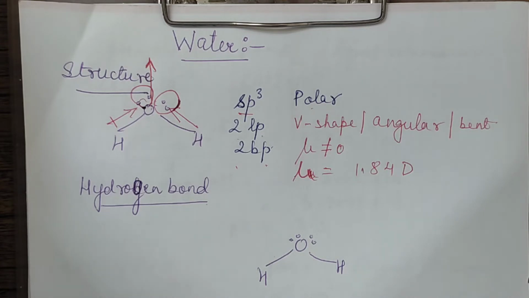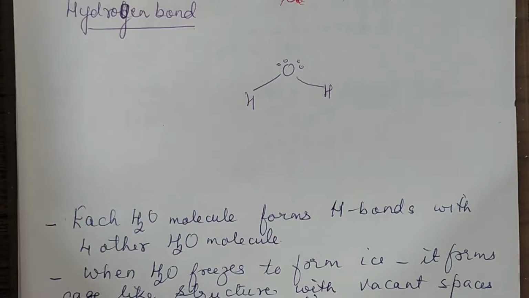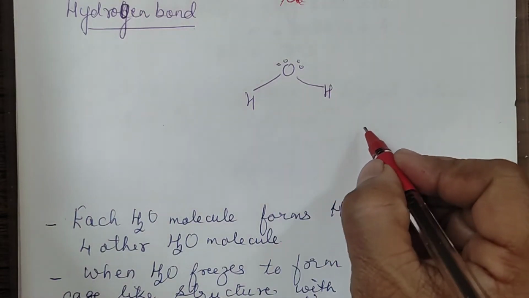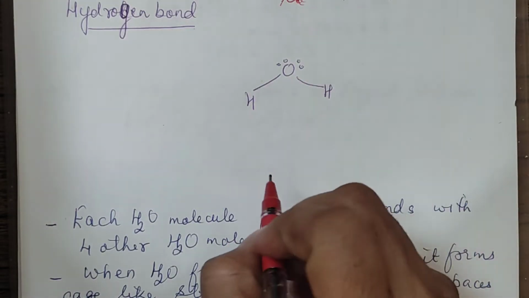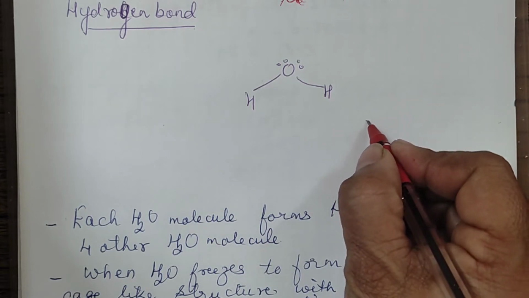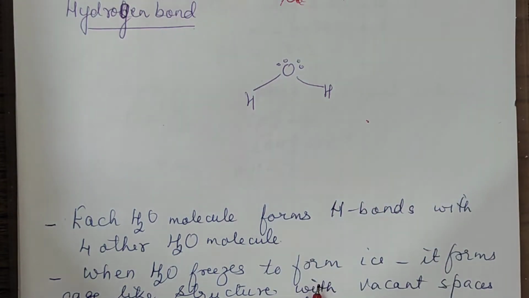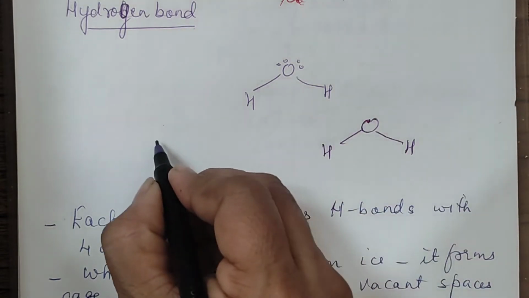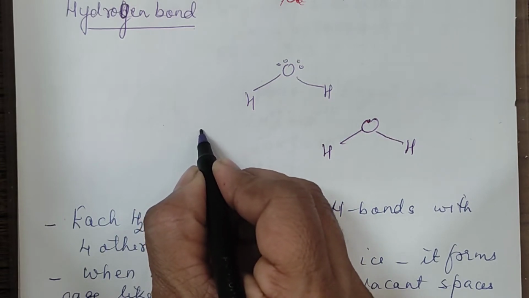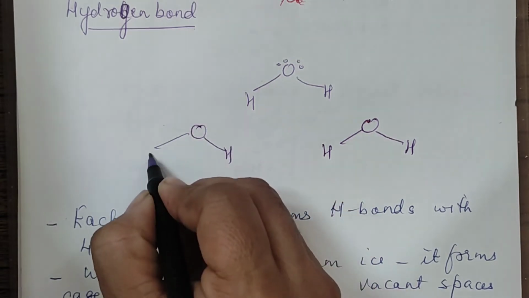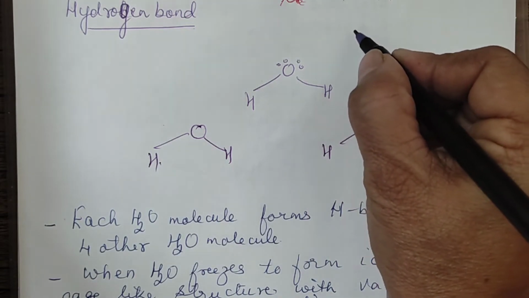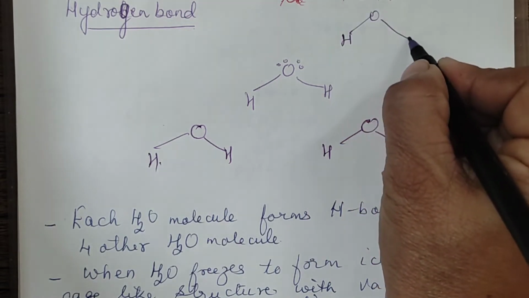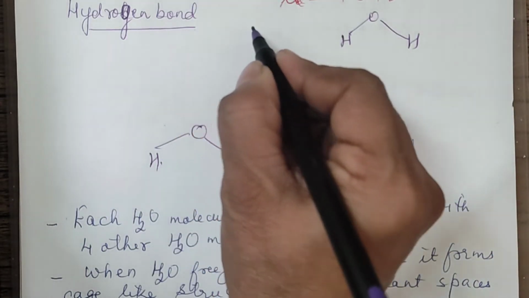Right? Now, another important property of water is hydrogen bond. Now, just let me take the copy up. Now, how can it have the bonds that we can write? This is one water molecule I have drawn. So, if we are showing another water molecule, we can have it like this. Another water molecule this side. Here you can have the next water molecule. Even this side you can have.